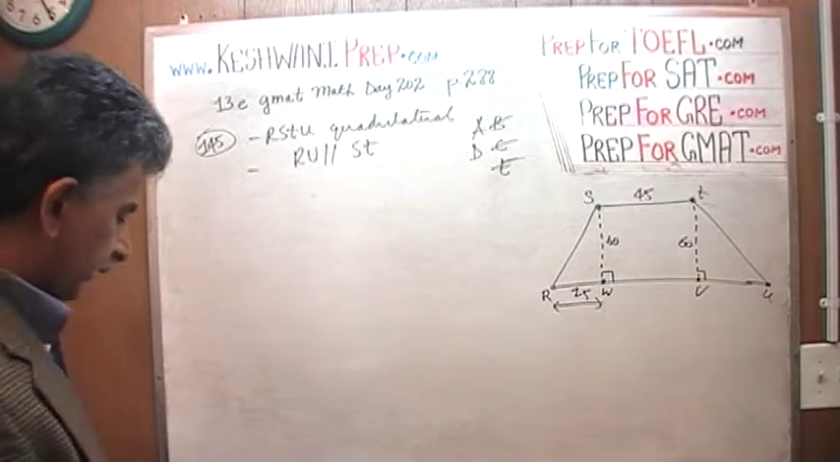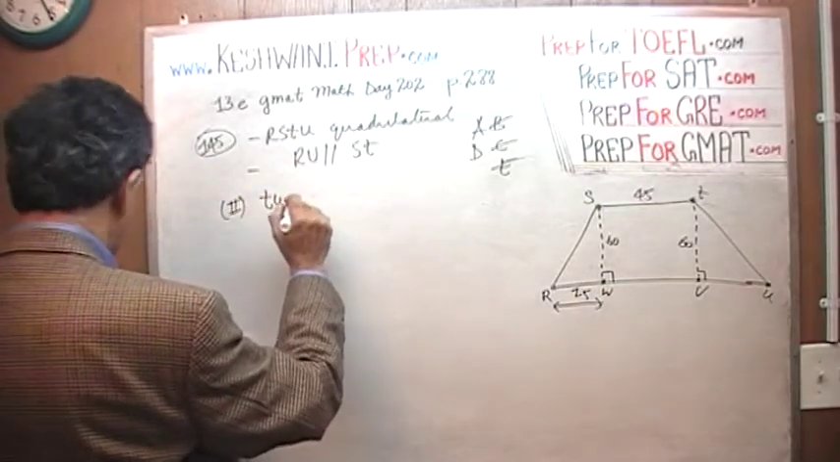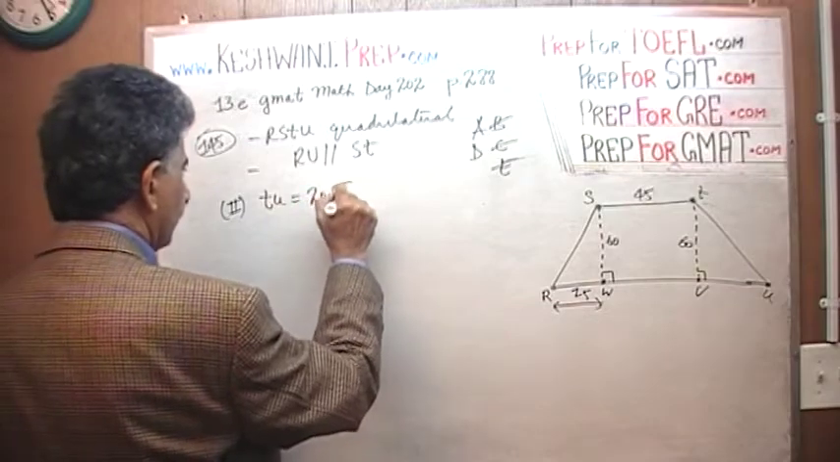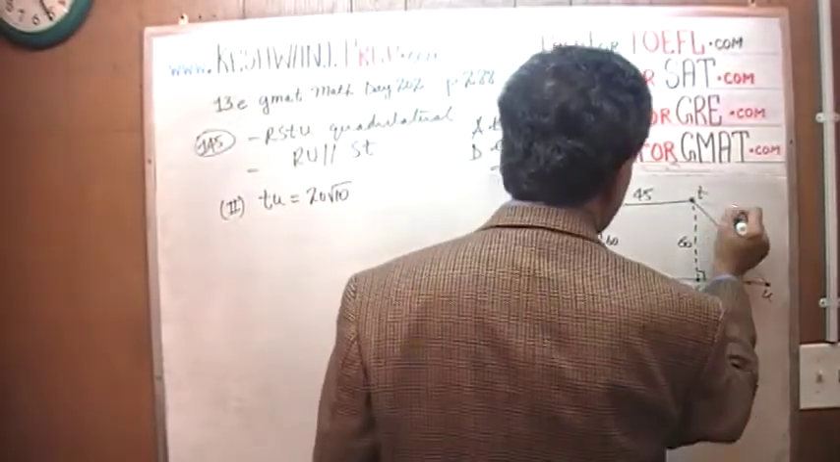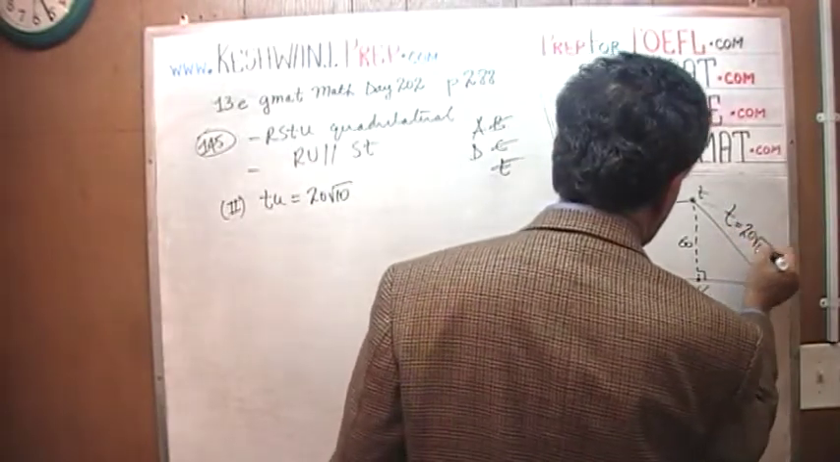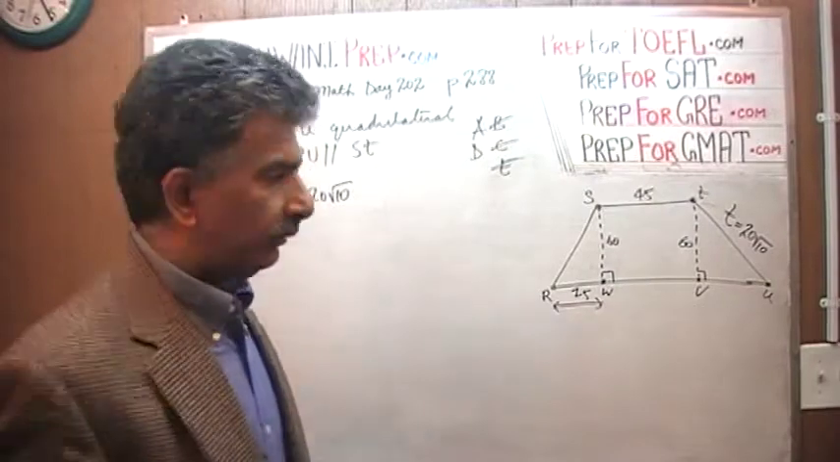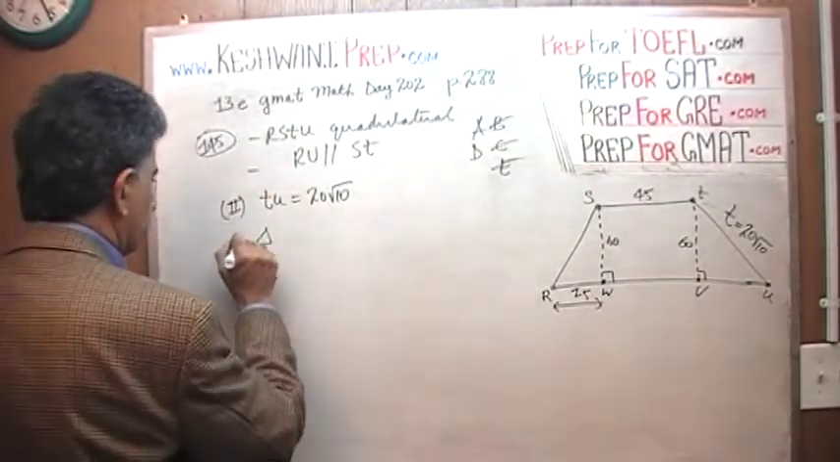And the second statement tells us that T to U is 20 times the square root of 10. Where is T to U? Oh, right here. T to U is equal to 20 times the square root of 10. Well, that's also very straightforward because once we know that's the hypotenuse in the triangle,